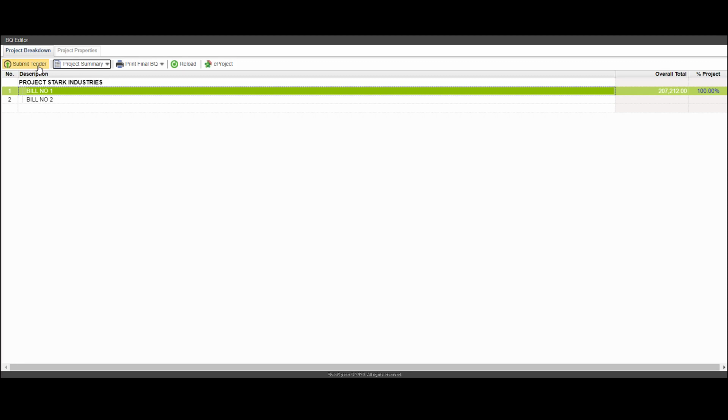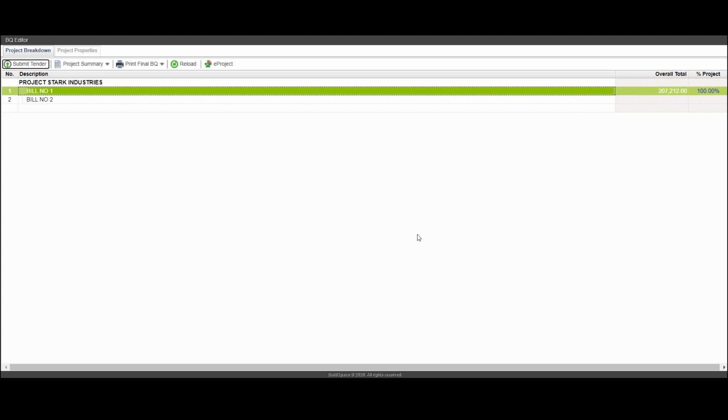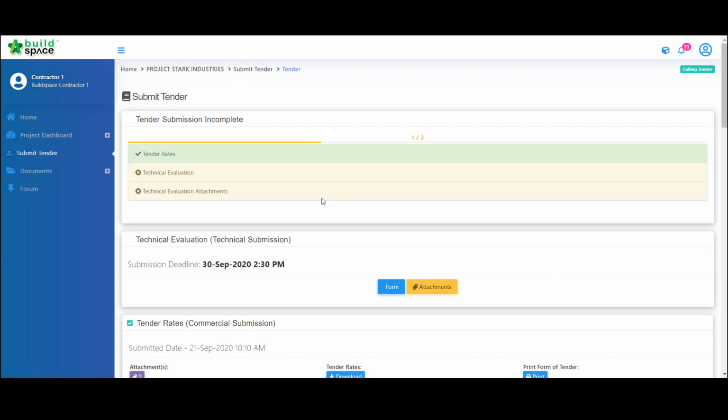Then, click Submit Tender. Please bear in mind that you are allowed to submit tender rates multiple times as long as the tender has not been closed yet. System will override the previous submission. Then, go back to BuildSpace eProject. As you can see, once tender has been submitted, the checklist will appear in green color indicating this task has